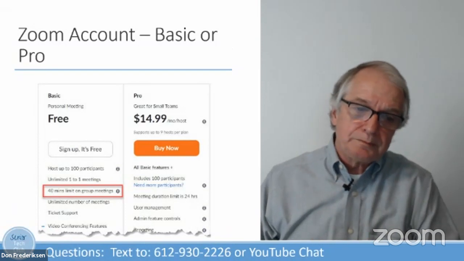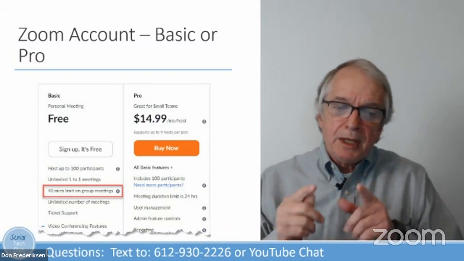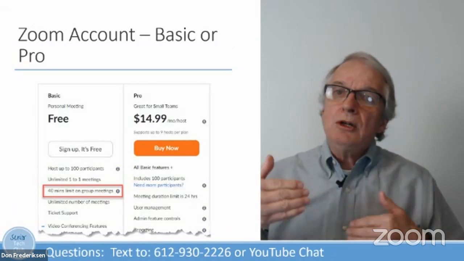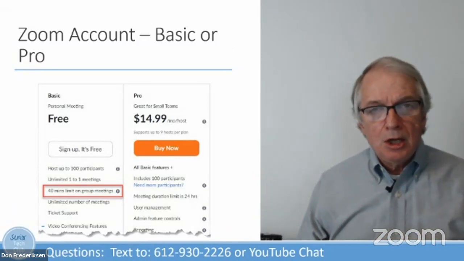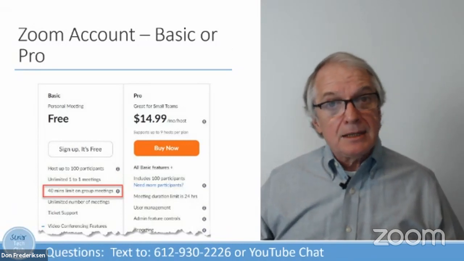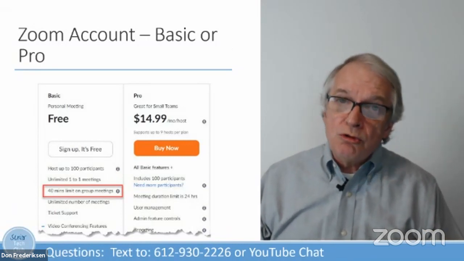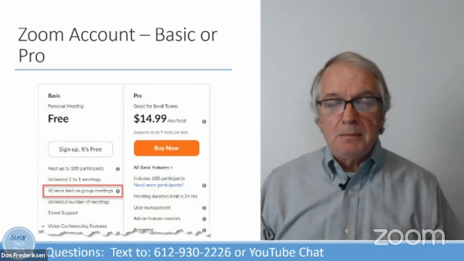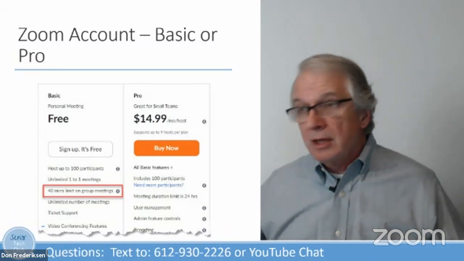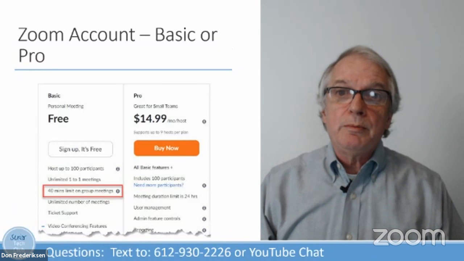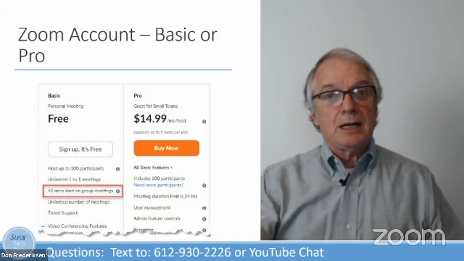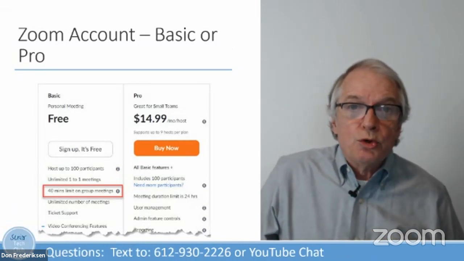All right, so now, which do you need? If you take a look at the characteristics of the free account, there is really only one characteristic, which is a limitation that could be a limitation for any of us. And that is a limitation on group meetings, that they are limited to 40 minutes or less. Now, a group meeting is 3 or more, right? So if you have a meeting of 3, 4, 5, 6, 7, up to 100 people, that would be a group meeting. And so you can sign up to use the free account as long as your group meetings are